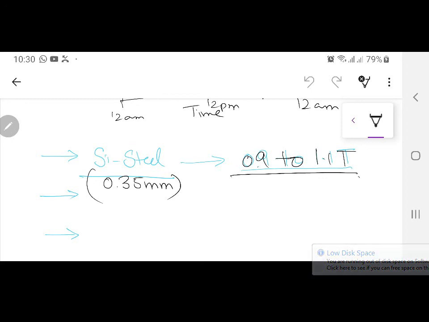और the worst part of it, when you are making lamination, between each lamination you have to put some silicon resin. अगर आपने वो नहीं डाला तो फायदा क्या फिर उसका, फिर तो आपने बेसिकली सॉलिड ब्लॉक भी ले लो, the same thing. तो silicon resin is a very very important factor over here because core losses should not be that much high, otherwise the efficiency of a transformer is low. And one thing which I forgot to talk about in the last lecture also, transformer is the only device in electrical engineering which has the highest efficiency.